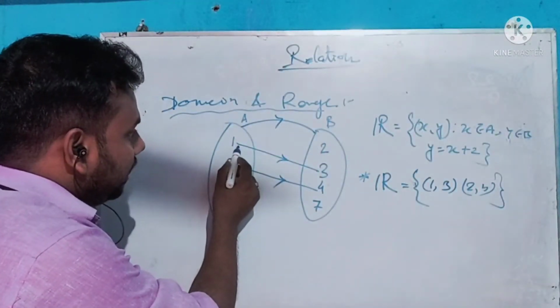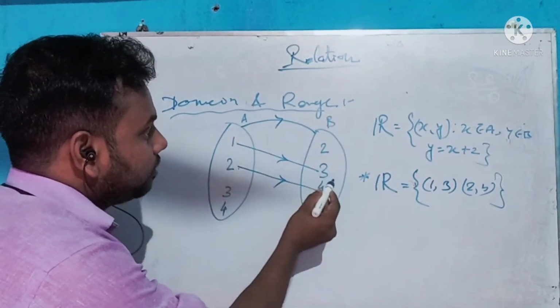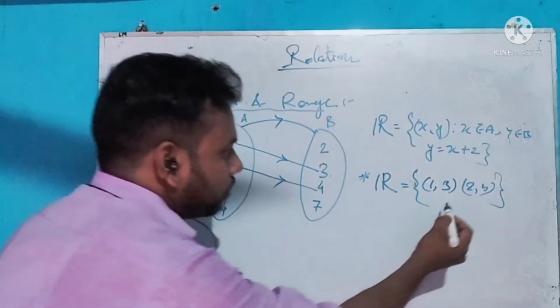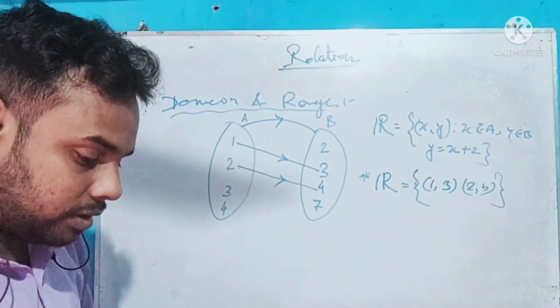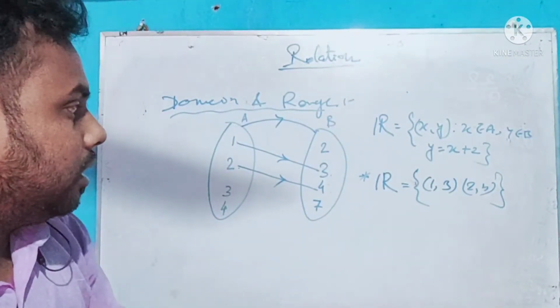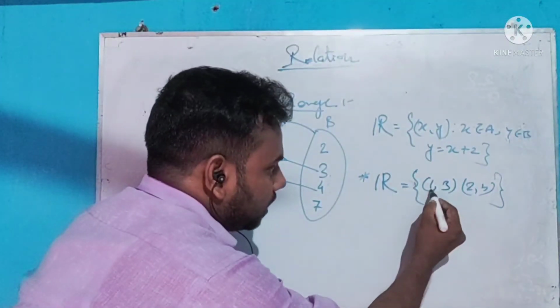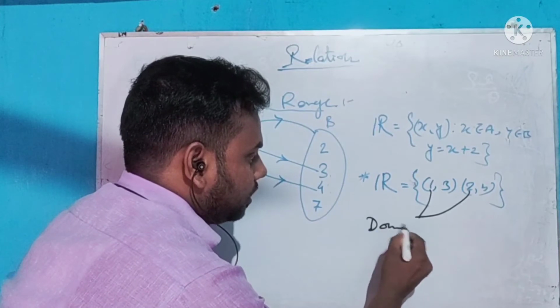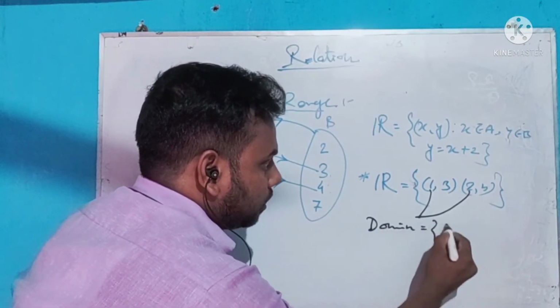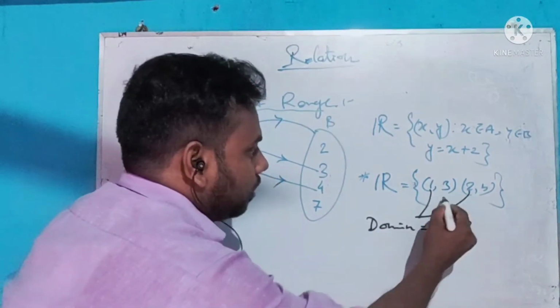Set A elements 1 and 2 are connected to set B elements 3 and 4. So from this ordered pair notation, all the x's, the elements 1 and 2, represent the domain set, and all the y's